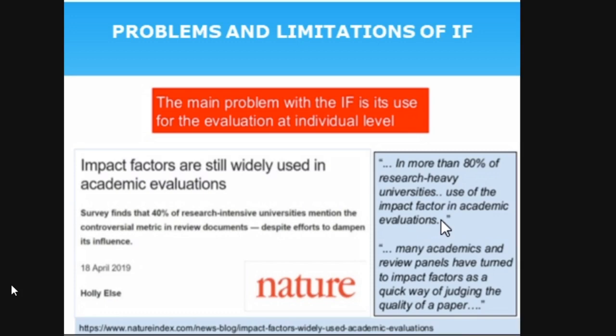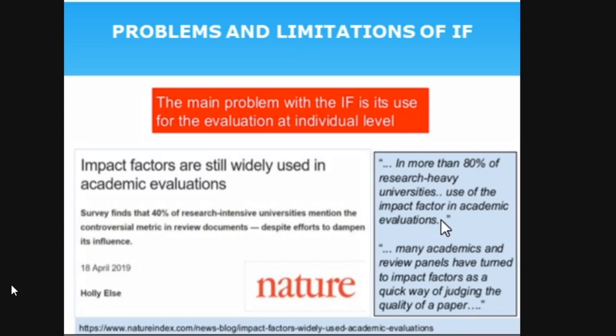So when you see, oh, this article has been published in a journal with a 6.0 impact factor, oh, that might be good. Without reading the article, they are saying that just because it is published in an impact factor 6 journal, it is good. That is not the case actually. This is a quick way they are judging it.